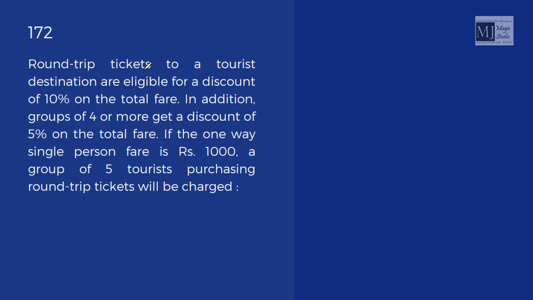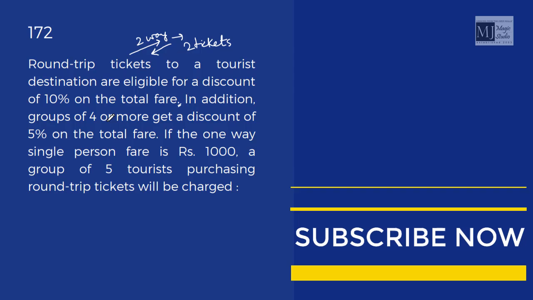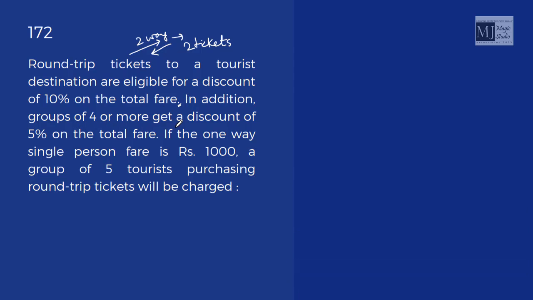Round trip tickets means up and down, two-way. That means 2 tickets per passenger, to a tourist destination, are eligible for a discount of 10% on the total fare. In addition, groups of 4 or more get a discount of 5% on the total fare. If the one-way single person fare is rupees 1000, a group of 5 tourists, 5 people,